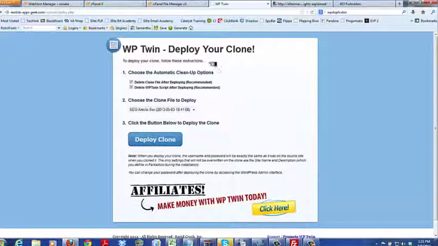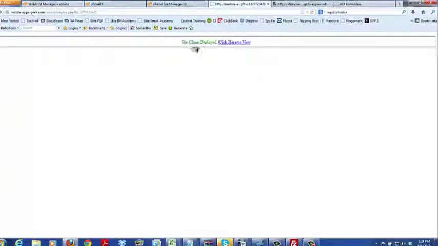Okay, so it skipped a page. That's because I've already done it. But before this, you'll come to a page that says validate your purchase. Before you can use WordPress twin, it is a paid plugin, and you'll have to put in the email address that you used to purchase the plugin. For some reason it skipped that part for me, but we're going to go ahead and click on deploy clone, and then it'll say site clone deployed. Click here to view. So we're going to view it,